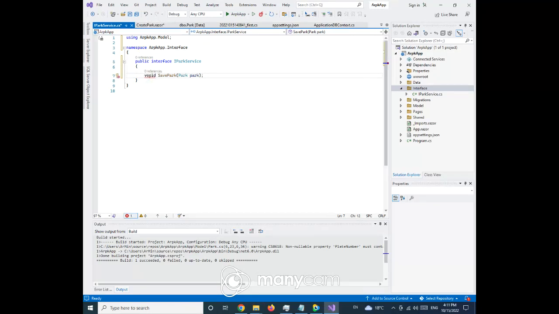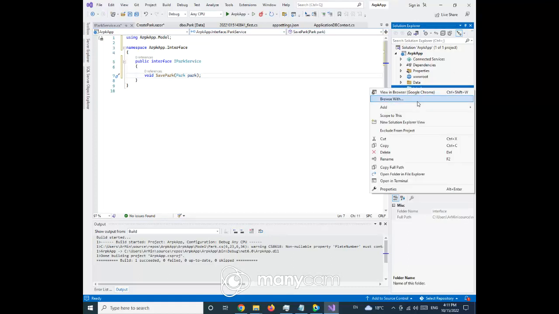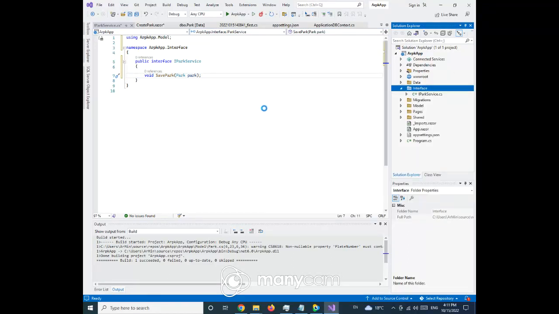This is a void method, nothing to return, and it saves a park, and I want to make another C# class,